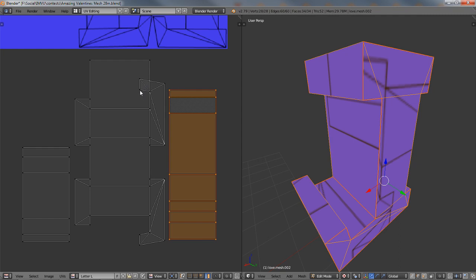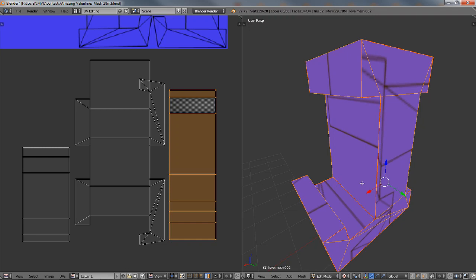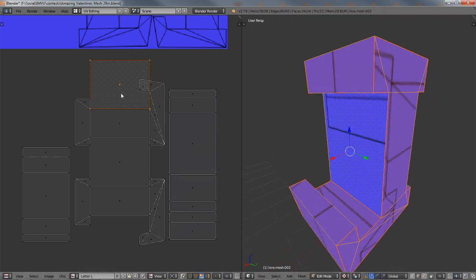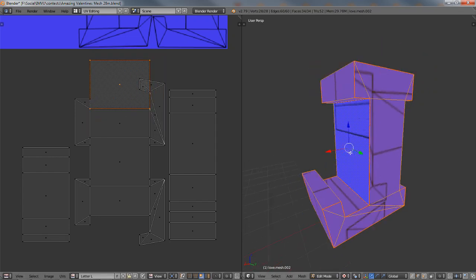Which, for the sake of making it easy to derive from, you have to then ask yourself whether you leave that in and have the texture artist work around that, or the only other option would be, let's see which side that is. That's that front face. So what we would likely do,